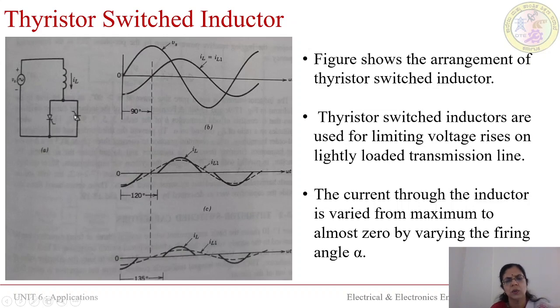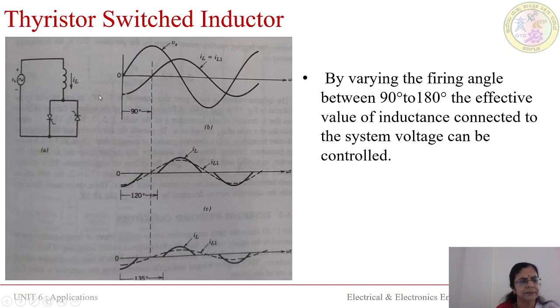So you can observe here the firing. For an angle below 90, the thyristor will turn on only at 90 degrees. Whatever the angle between 0 and 90, the thyristor starts conducting only after 90. So this is at 90 degrees. We can see what the voltage waveform is and how the current, that is the current due to the inductor, looks.